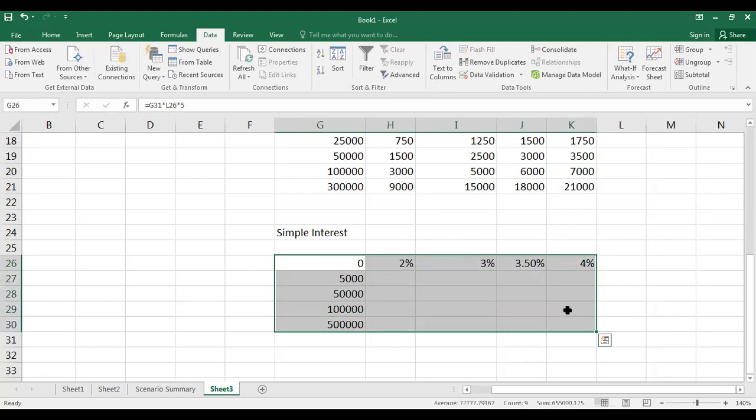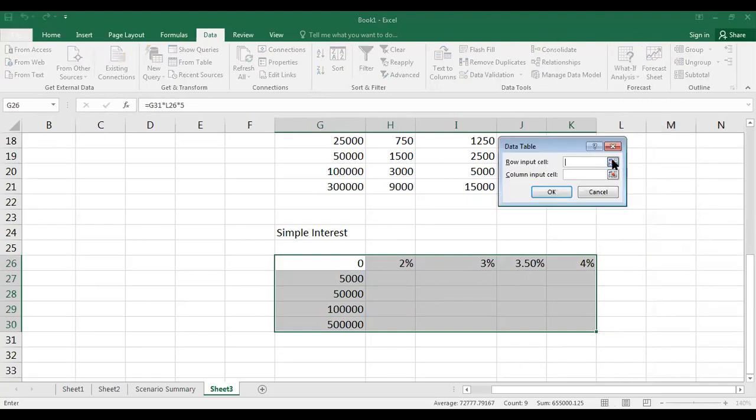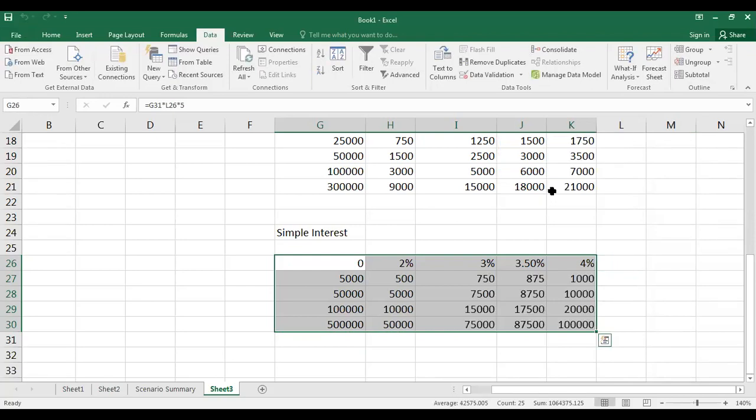Make sure there is no empty row or empty column at the top row or the left column. Then Data Table, for row input cell I select the last row, then for column I select the last column. Give OK.